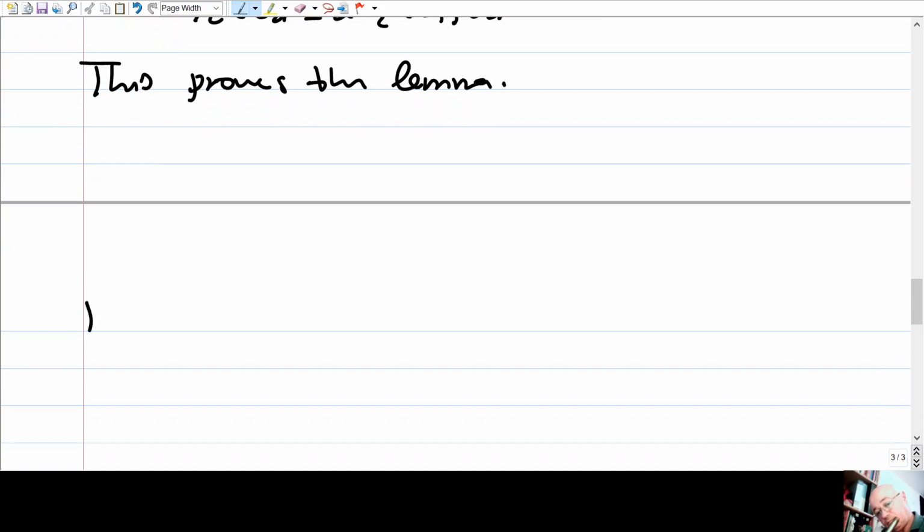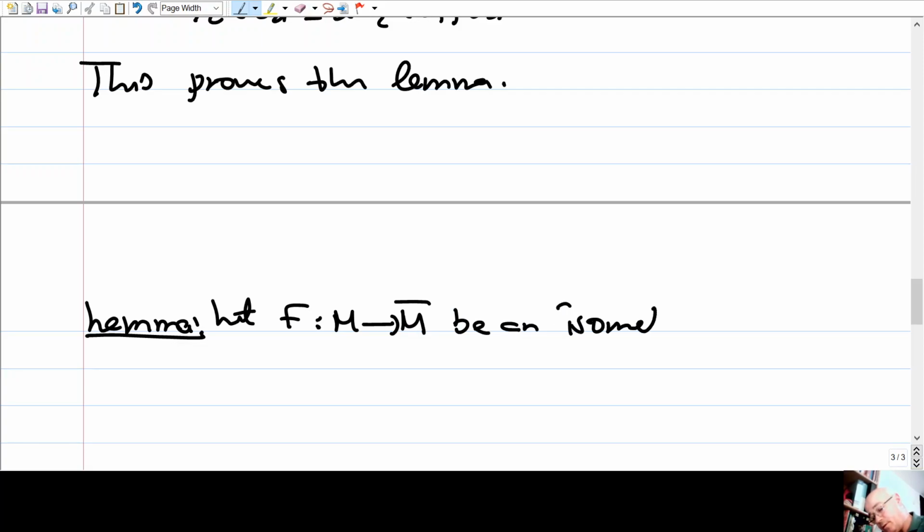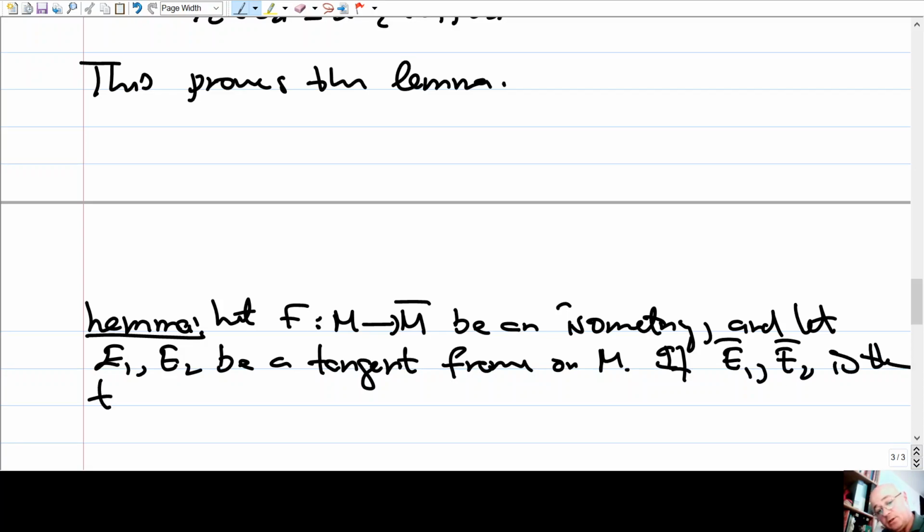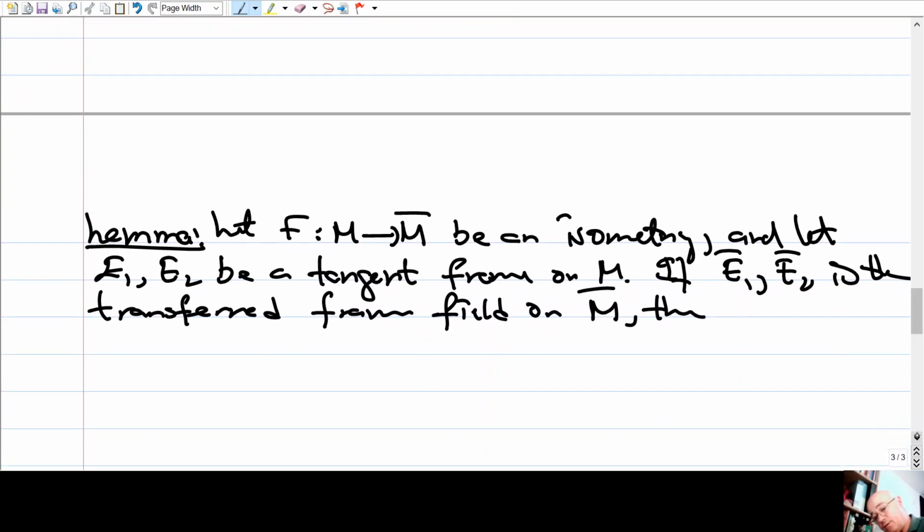We have another lemma. Let me state it here. Let f be an isometry, and let E1, E2 be a tangent frame on M. If E1 bar, E2 bar is the transferred frame field on M bar, then